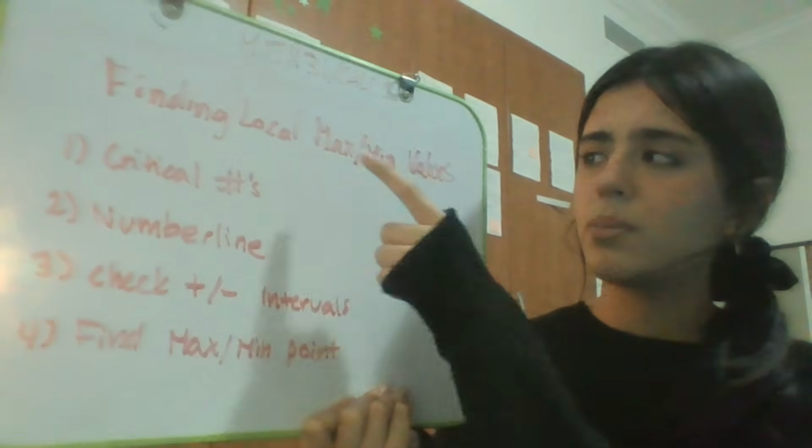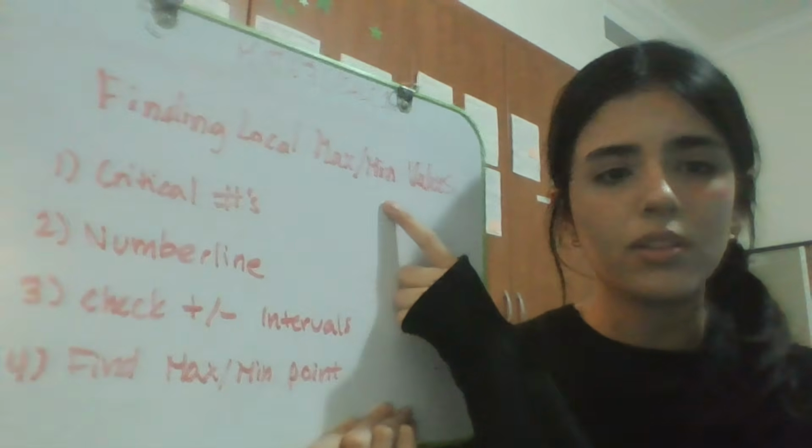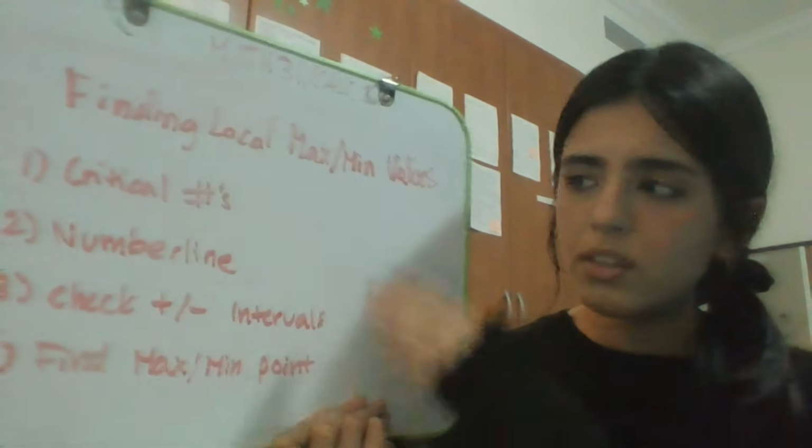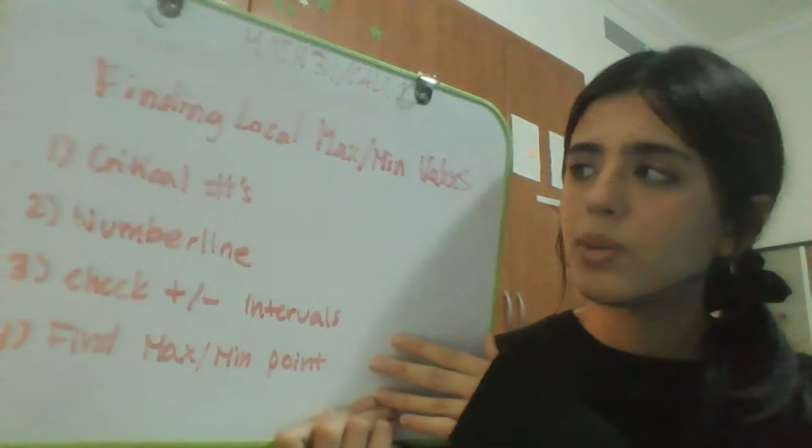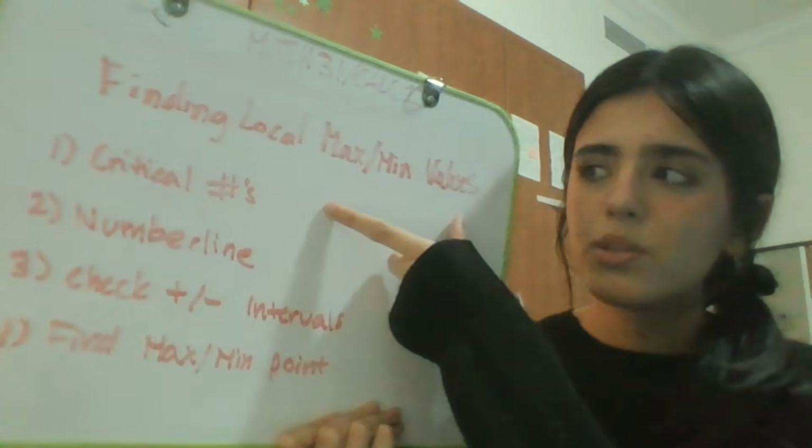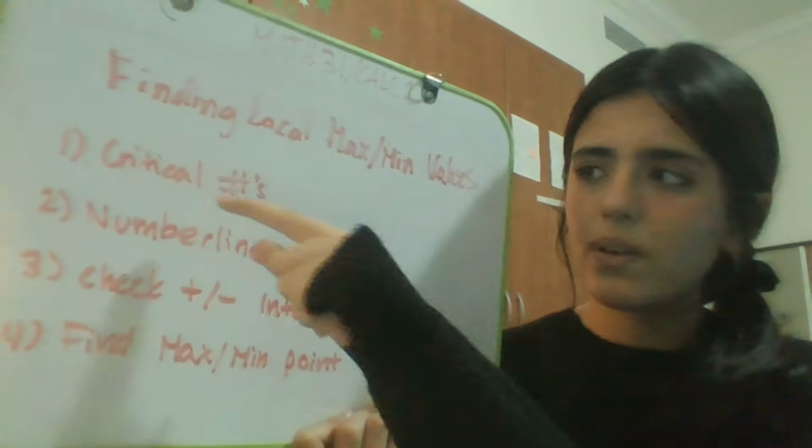In today's video I'm going to be teaching you how to find the local maximum and minimum values from a given function. I like to break it down into 4 separate steps. So when you first get a function, what you will do first is take the first derivative and find the